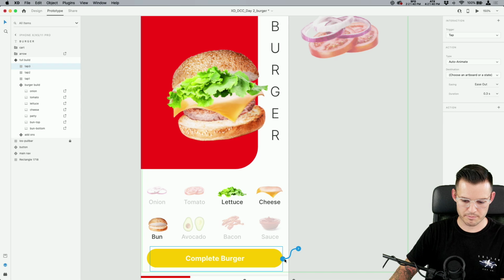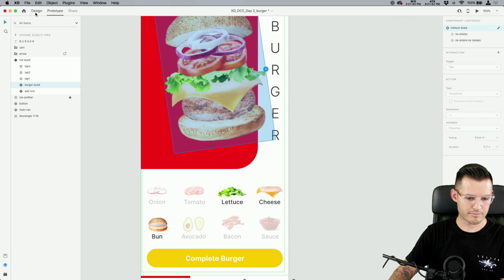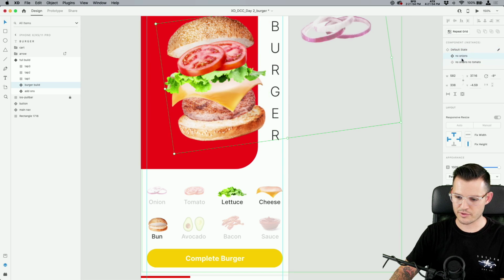Now when we come back and prototype it, we are going to make sure we prototype it to, oh, for some reason I lost it. I don't know why, but that's okay. You get what I'm saying. I just had like complete meltdown where I couldn't get it right, but that's okay.